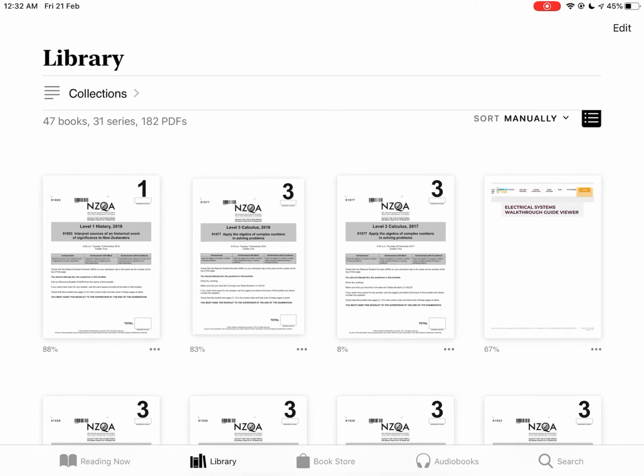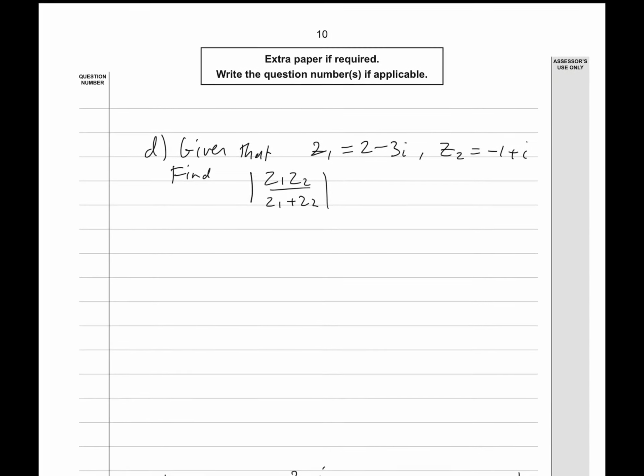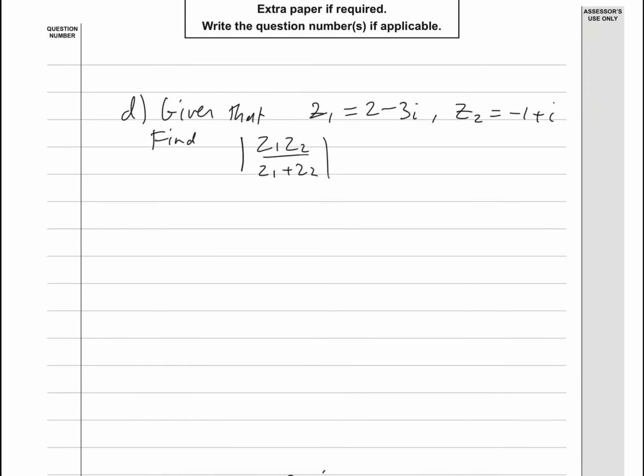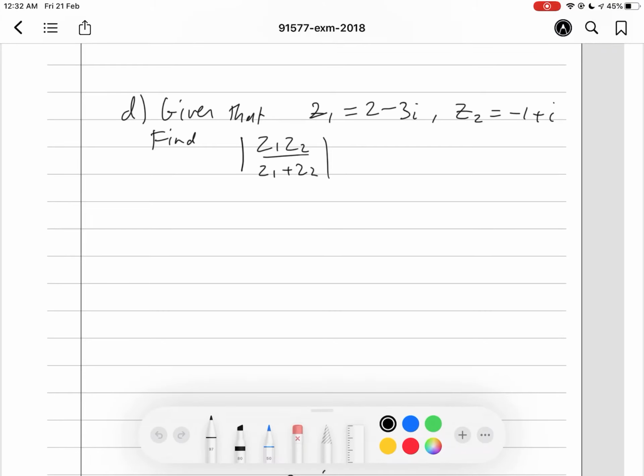And I have the last 2 questions on a separate PDF because I ran out of space. Oh, okay, we're almost done, guys. So in this question we have to find the modulus of z1 times z2 over